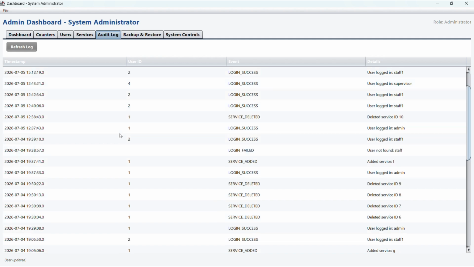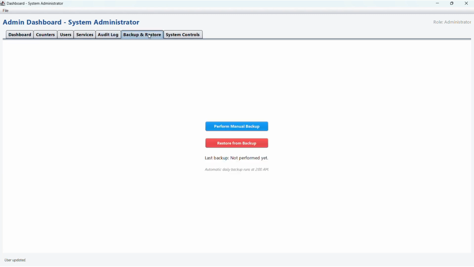Now let's move to the backup and restore. To ensure data safety, the admin can perform a manual backup or rely on the automatic daily backup schedule.